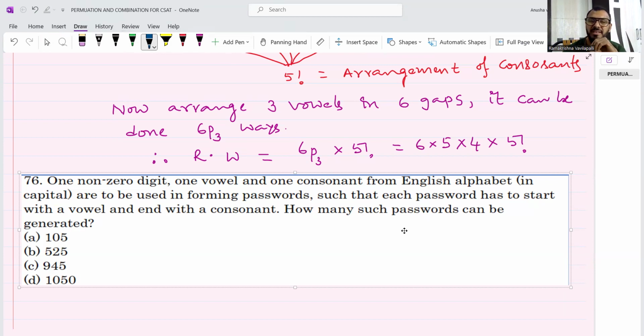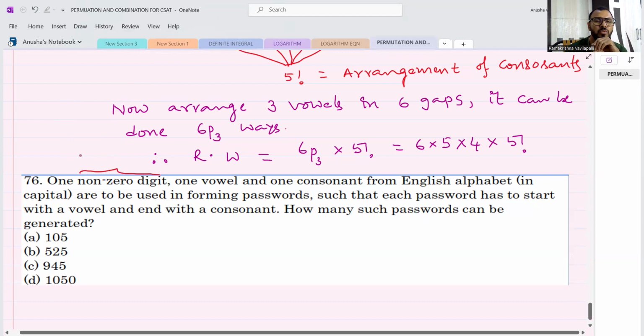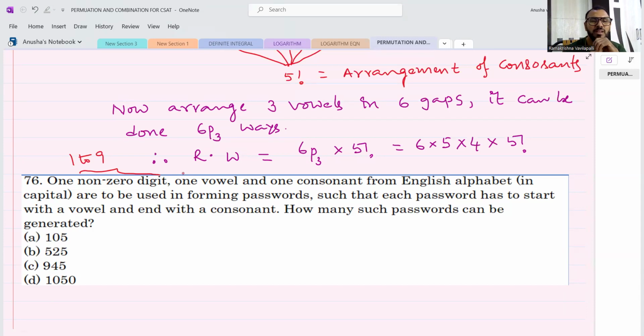One non-zero digit, which means you have to take 1 to 9, and one vowel, which means there are 5 vowels: A, E, I, O, U. And one consonant, there are 21 consonants from the English alphabet in capital letters, are to be used in forming passwords